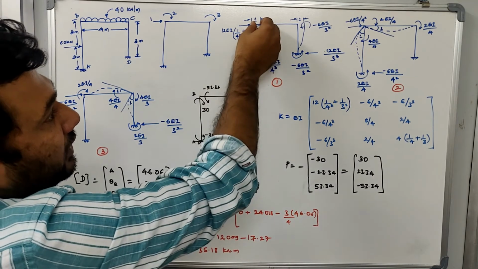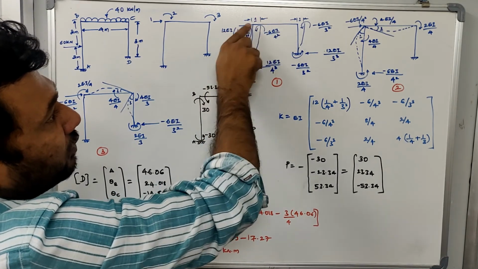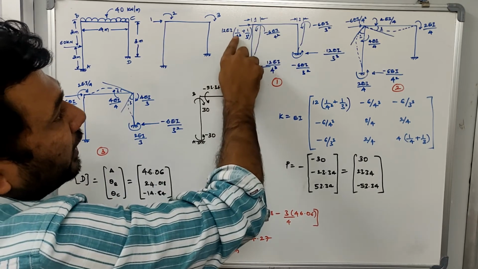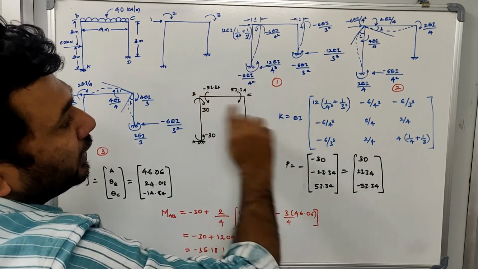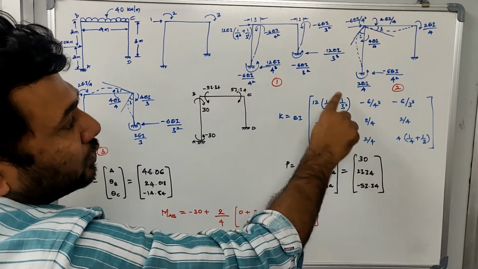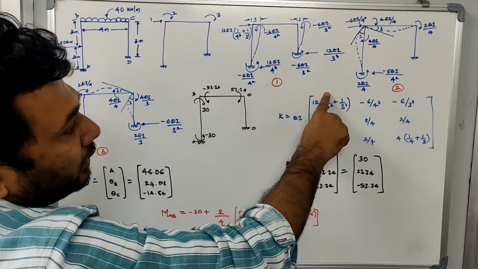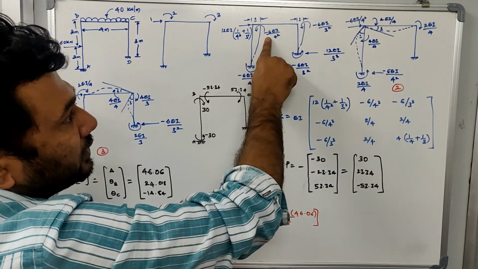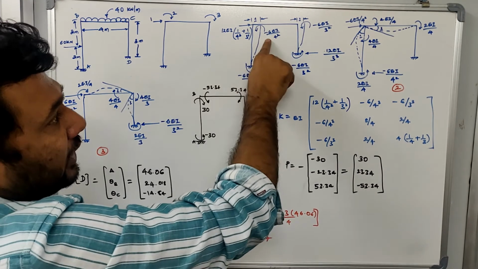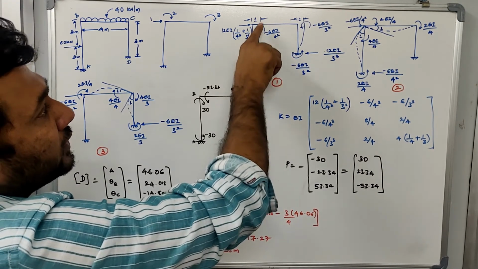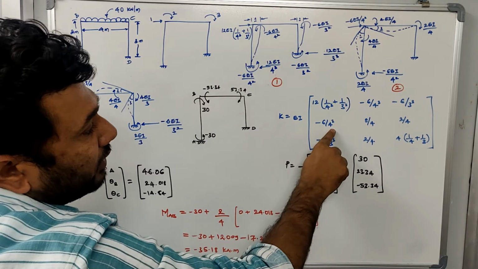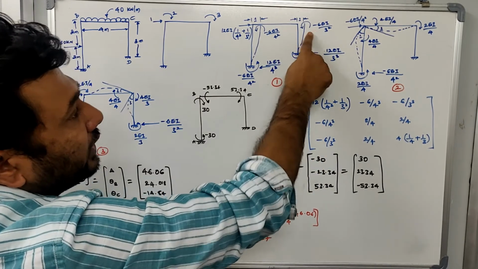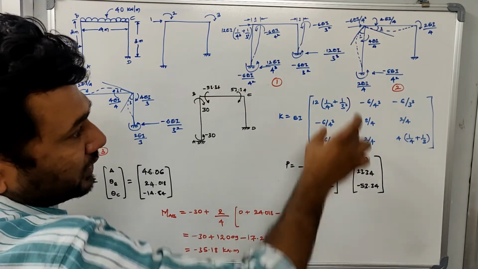So the displacement here is unit displacement. So this is your first coordinate, and the force that is required to create that is 12EI into bracket 1 by 4 cube plus 1 by 3 cube. So that is written here. So unit displacement and force required to create unit displacement at the first coordinate is given here. Now the next thing is the moment that is generated at the second coordinate because of application of unit displacement at the first coordinate, which is minus 6 divided by 4 square. Similarly at the third coordinate it is minus 6 divided by 3 square. So this completes the first column.